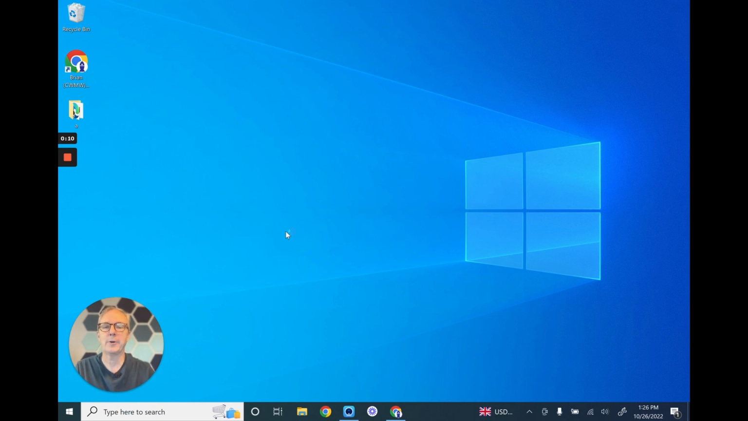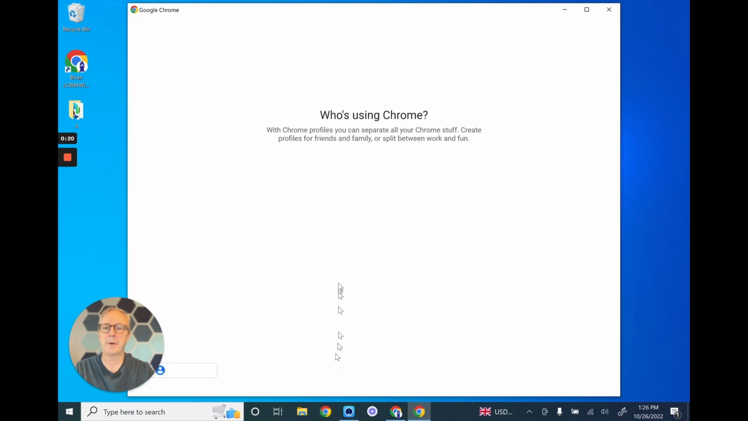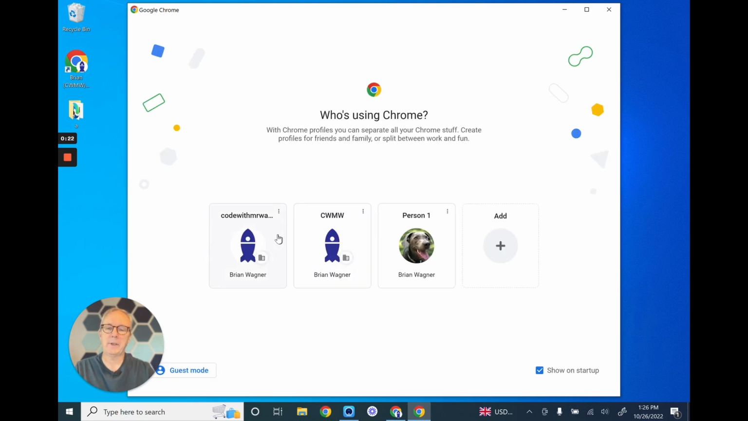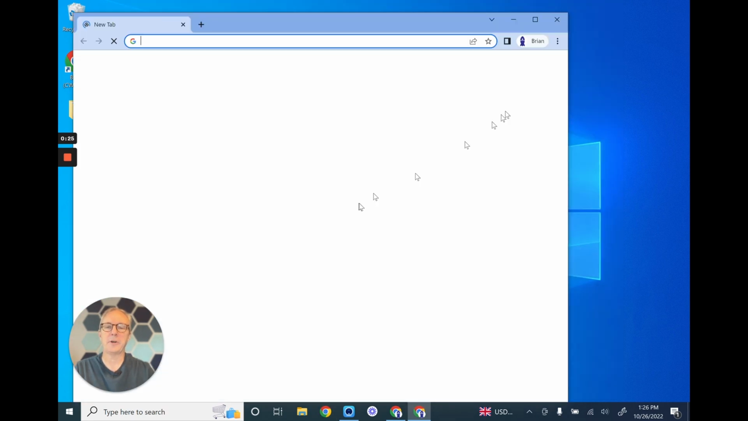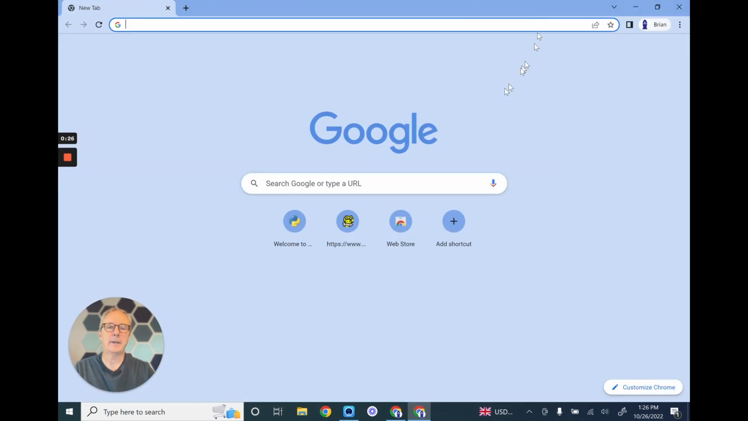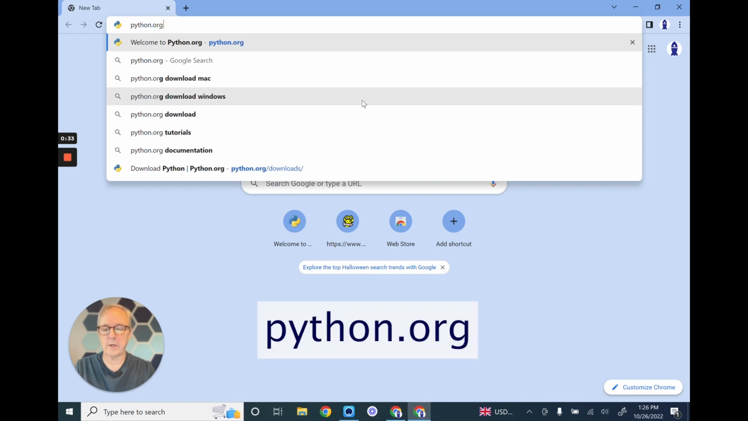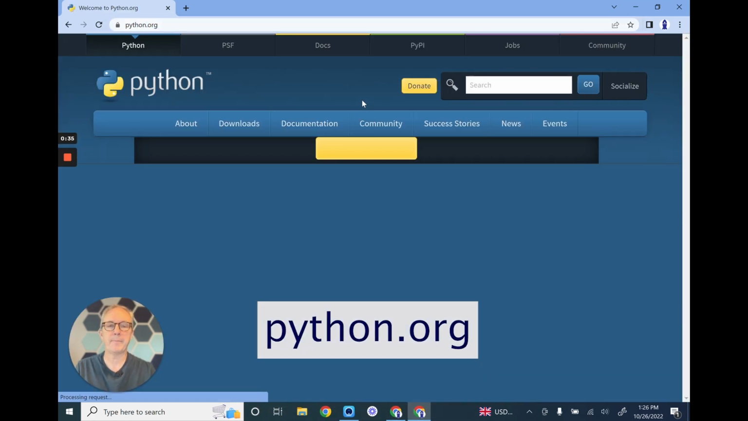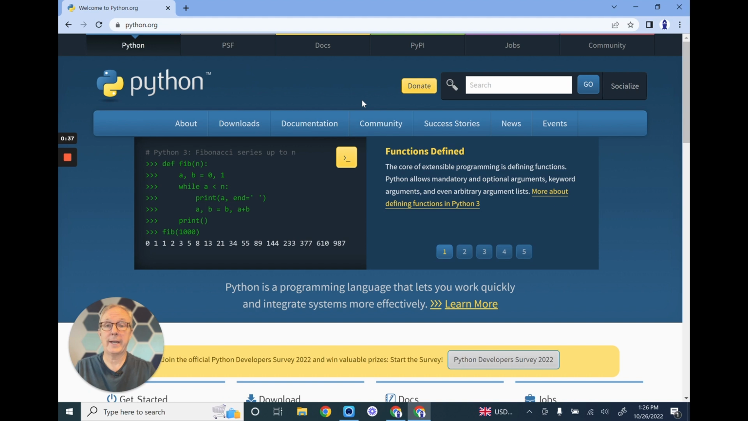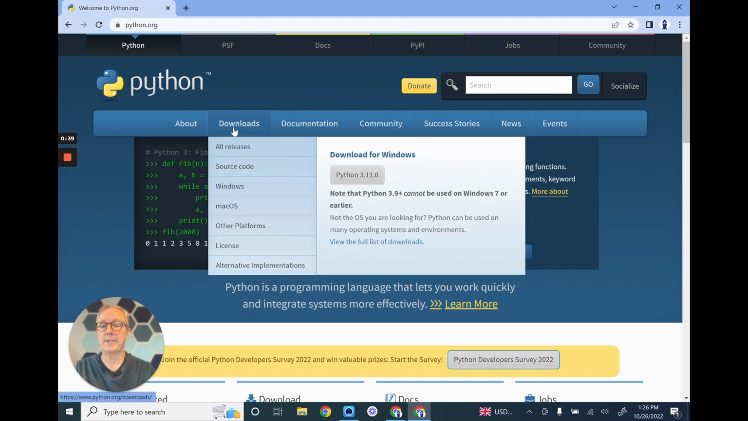Today we are going to install Python on a Windows computer. As you see right here, I am on a Windows computer, and I'm going to start by going to Google Chrome, which is where I usually start out. You can use whatever browser you want, but I'm going to go to python.org. When you are here, you're going to click on Downloads,